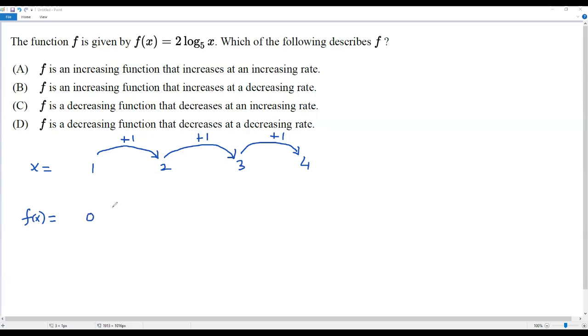Okay, now let's find the value of f of x when x is equal to 2. To get it, I just plug in x equals 2. When I do so, I get 2 log 2 to the base phi. Okay, how do I calculate the value of this one? We cannot use a regular calculator to get the value of 2 log 2 to the base phi,